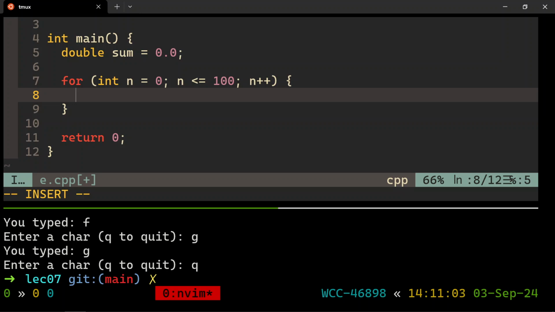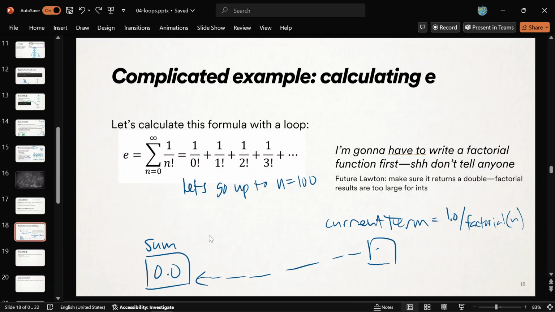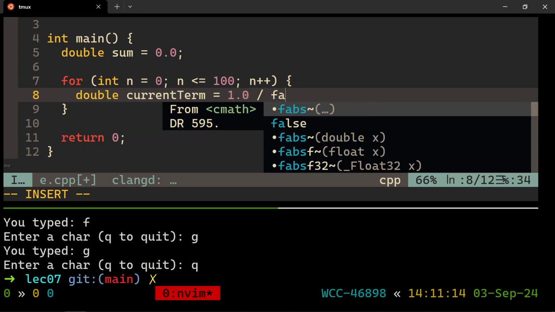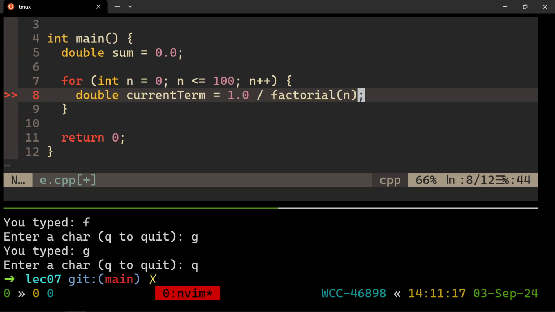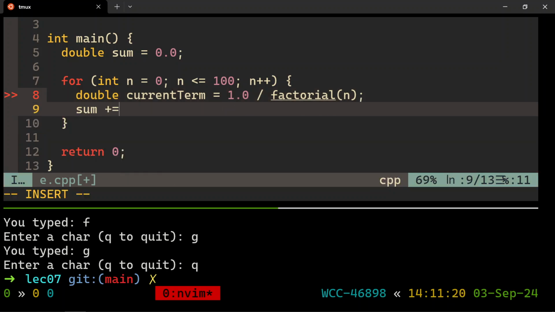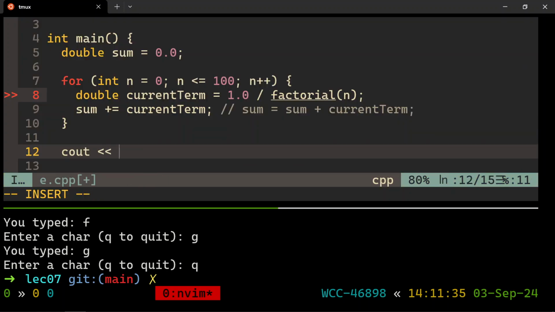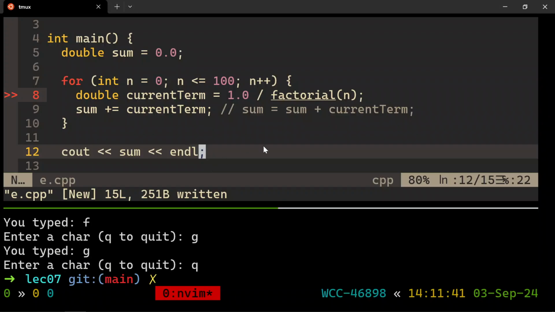So, all right, what I want to do each time I have a new value of n, I want to calculate 1 over n factorial. That's my current term. Current term of my summation, 1.0 over the factorial of n, whatever that is, and then I will add that into my sum variable. Sum plus equals my current term. Do that enough times, we're getting closer and closer to e. Remember that this syntax is just shorthand for sum equals sum plus current term. Okay, so that's what's going on there. And then by the time this is done, we have a very good approximation for e in the sum variable. Okay, so any questions about how I translated this to this? We still need a factorial function.